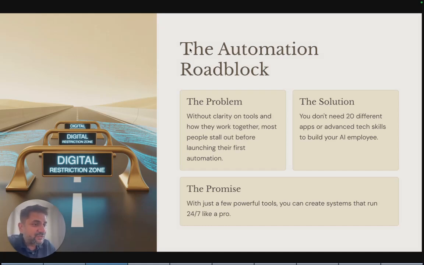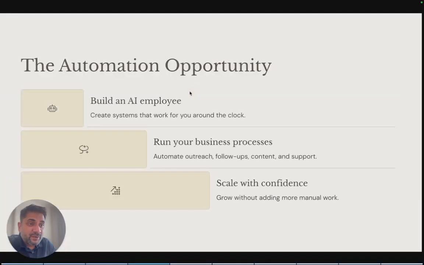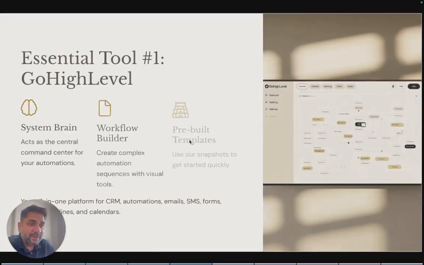You don't need 20 different apps or advanced tech skills to build your AI employee. With just a few powerful and beginner friendly tools, you can build a system that runs your outreach, leads, follow ups, content, and client support 24 by 7 like a pro. Let's walk through the essential tools you will use to bring your AI employee to